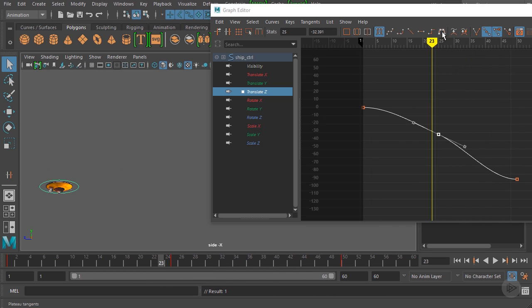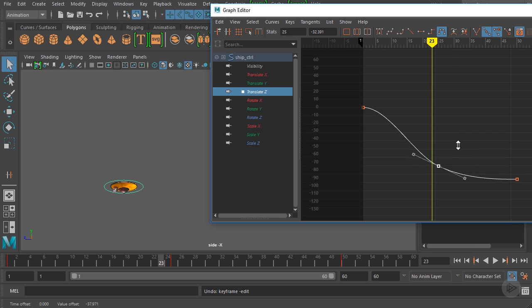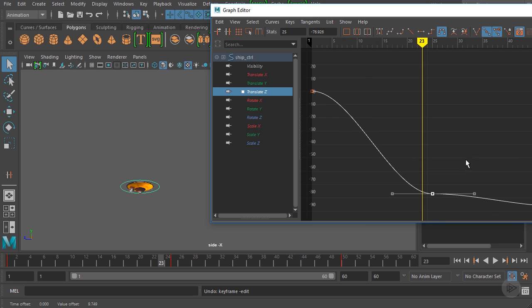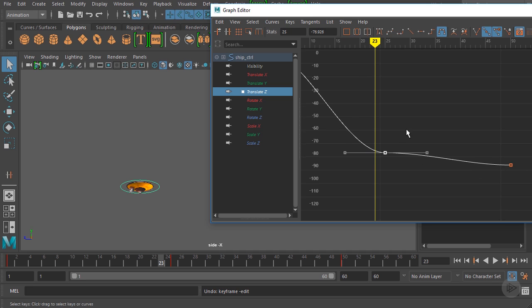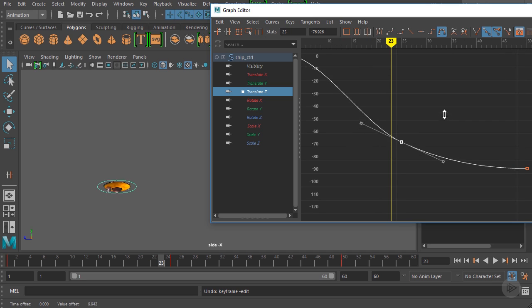All right, and let's go ahead and change this now to the plateau tangent. This is very similar to what you would see with something like the clamped. But you can see that it's automatically going to rotate it for us, just like we saw with the clamped tangent type as well as the auto tangent. As soon as we get down here, it's going to rotate it for us, but you'll notice it rotates before we even get to the same value of the next keyframe. You could see that our keyframe is quite a bit higher than this keyframe down here, but it's automatically going to flatten out that tangent handle for us,